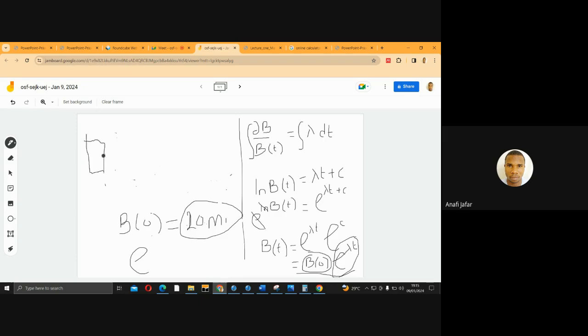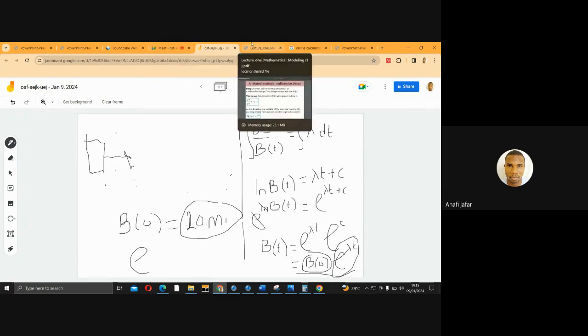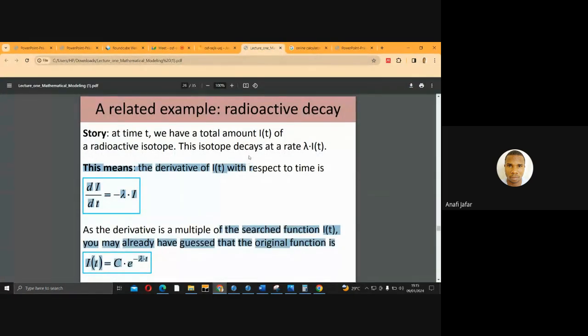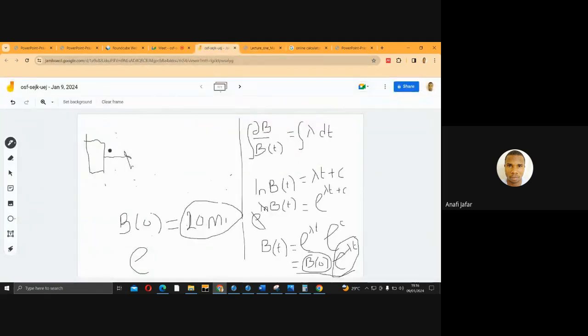Just assume this model, just a random drawing. My hand is shaking, I don't know what happened. So is decay, this decay at rate of what? At rate of this. I hope you can see my full screen. Yes, we can see it. Okay, at rate of this guy. So this is the total amount of what is inside, the total amount of what is here. So it decays at rate of